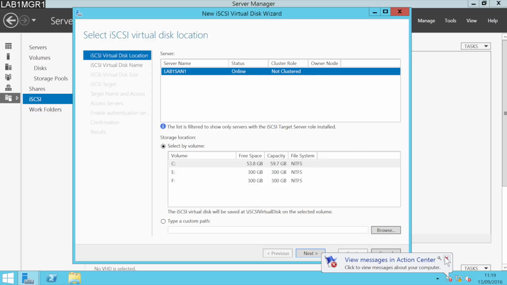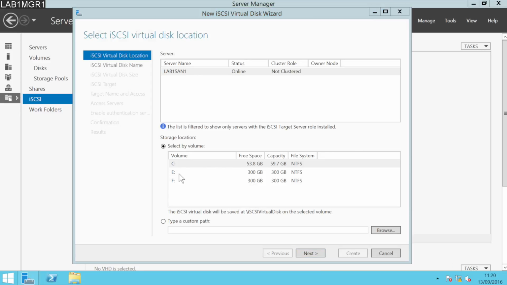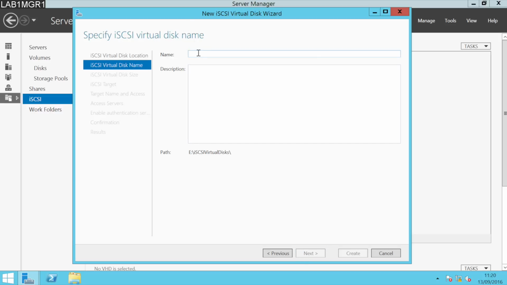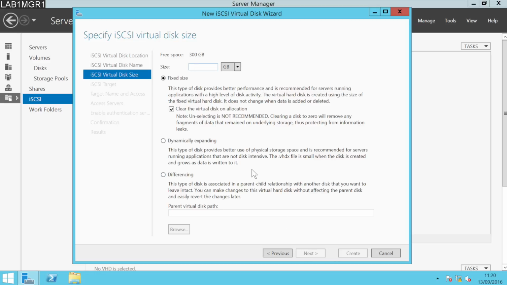I'm going to create 3 iSCSI disks, 2 of them on the first volume and 1 on the second. I'm going to create a very small quorum disk for the cluster to use, and then 2 large disks for the Hyper-V virtual machine guest files. So this first disk is going to be the quorum disk, and it's only going to be 5 GB in space. I'm going to set them all as dynamically expanding,